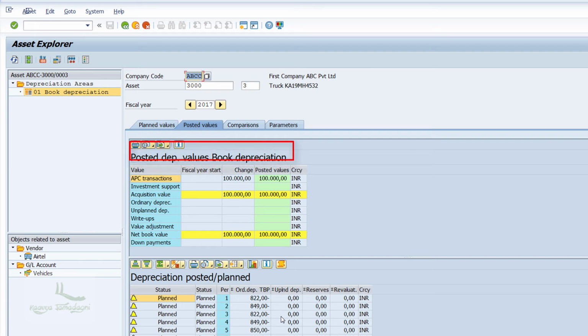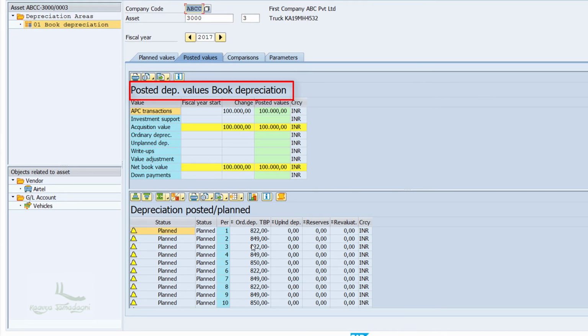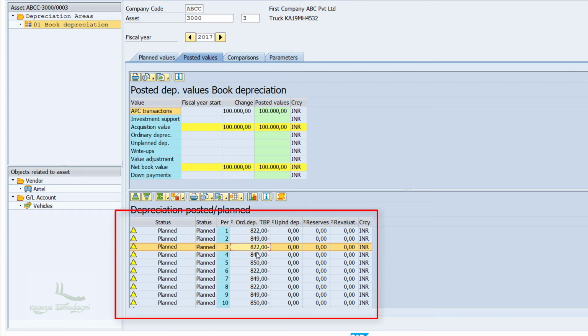In the screen, under the depreciation posted or planned window, we can see the depreciation amount is being displayed on a pro rata basis, that is based on the number of days. The month with 30 days has a separate value and the month with 31 days has a separate depreciation value.